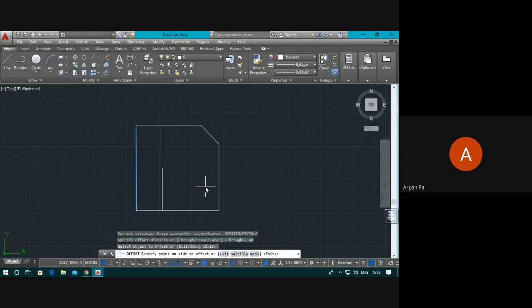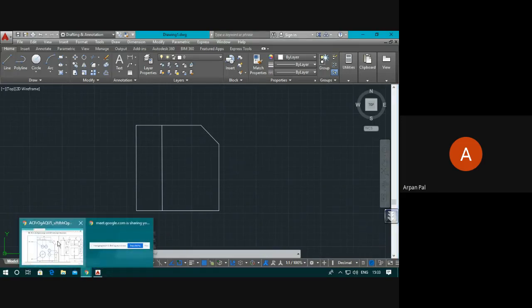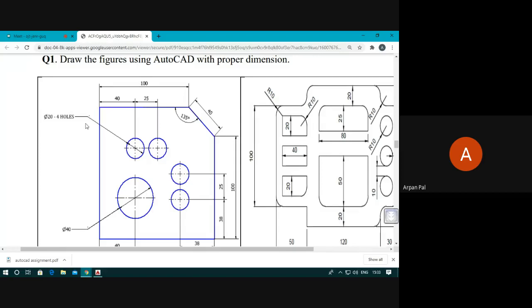I should draw like this. And then just one left click of the mouse. See, the line has been made. Okay, and then escape or exit the command. One line has been made, this 40.